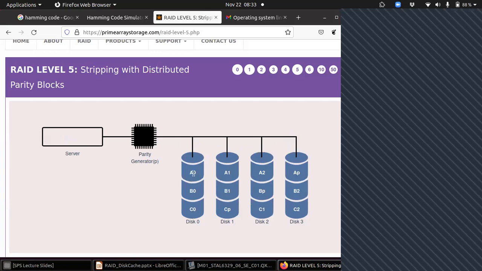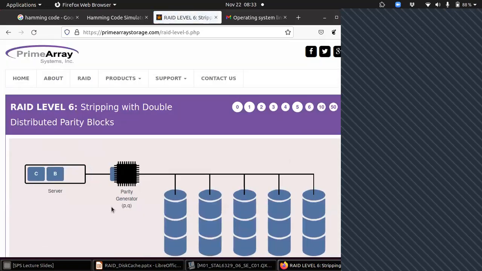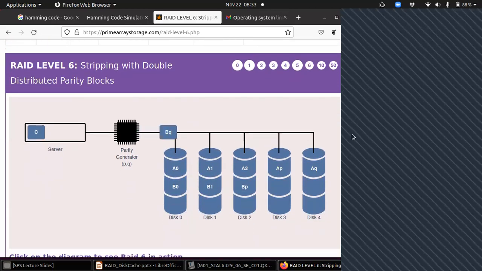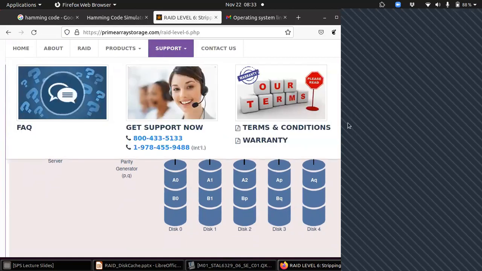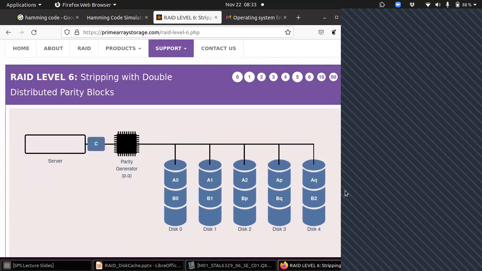So whole data block A is striped here, and parity for that is generated in this block. This is strip 5. Strip 6, just see, very similar to strip 5. You can note down this website if you want to go through it later. But this is now distributed in round robin fashion.